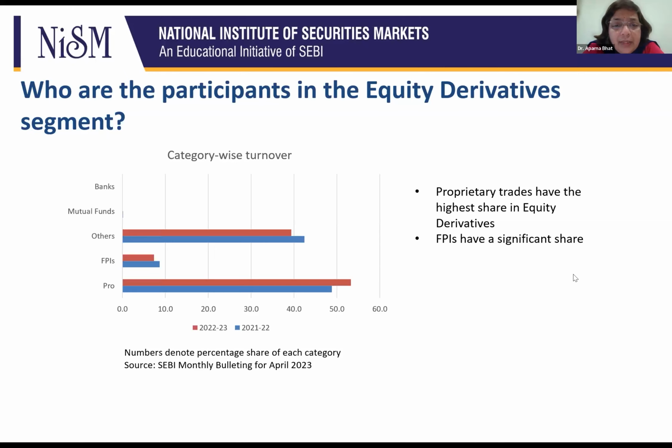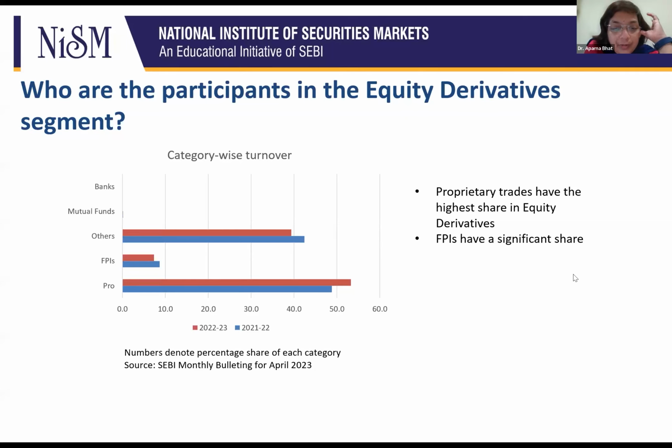2023. So basically, the investors here can be divided into 5 categories. They are banks, mutual funds, foreign portfolio investors, and proprietary traders. What do you mean by proprietary traders? They could be brokers or people trading with their own money. Basically, they are the proprietary trading desks of the big brokers. And there is another category called others. The others category would include retail investors, HNI investors, corporates, and people who are left out from all these categories.